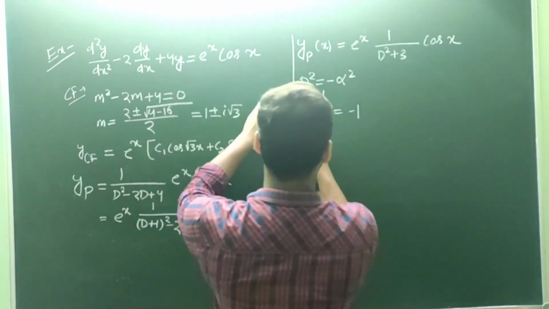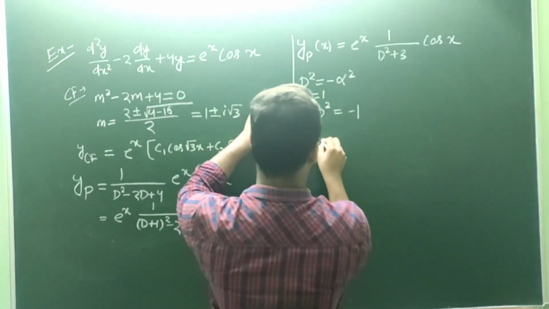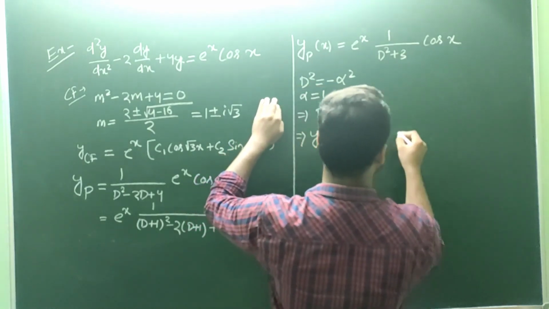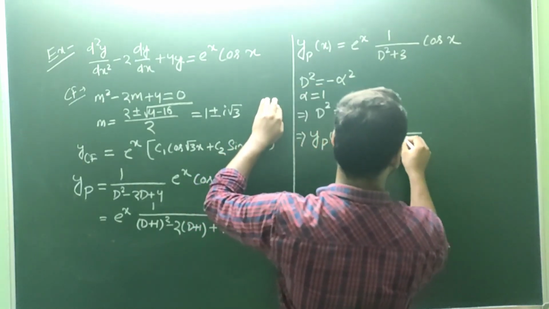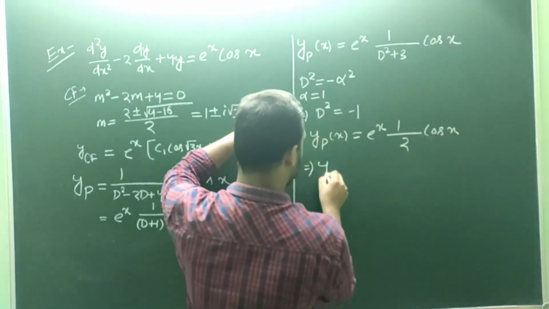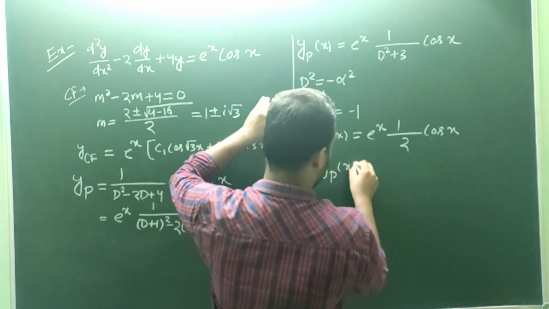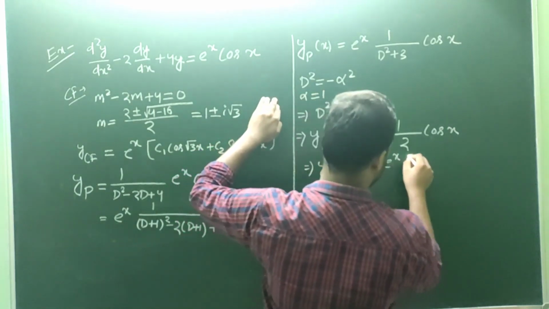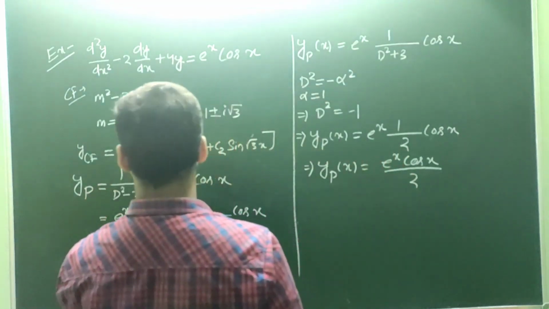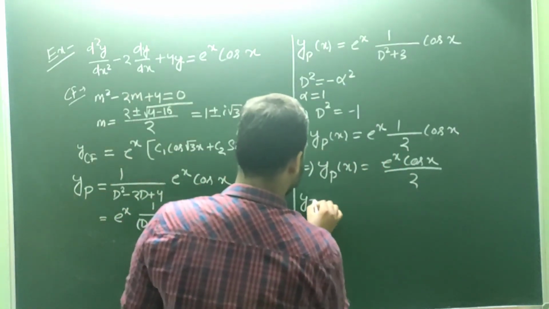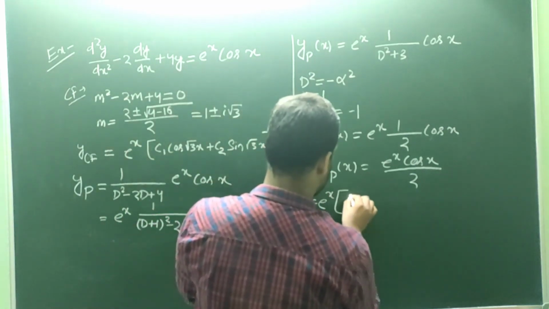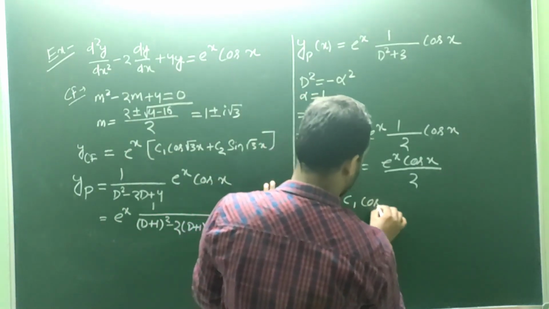Right? And by putting, you will get y_p(x) equal to e to the power x times 1 by 2 cos x. So the particular integral will be equal to e to the power x cos x divided by 2. And the final solution will be y is equal to e to the power x, here, after that c1 cos